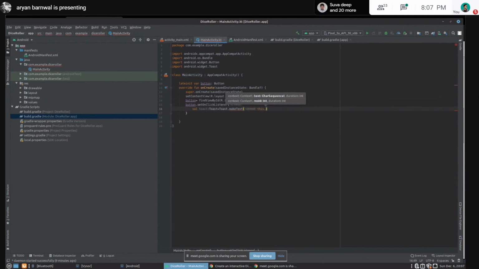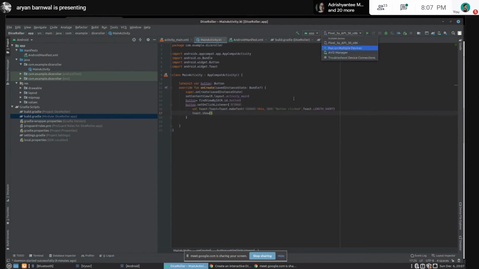The toast must have some message to make the user aware of something, so like "button click", and we can also signify the time it will be present. So here we create a toast and we'll just show it when it is clicked. Toast dot show.